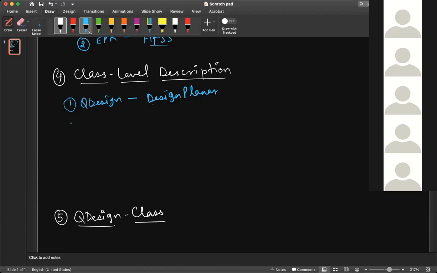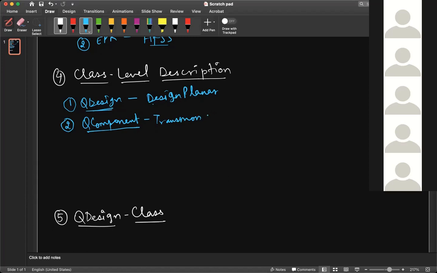The second class is Q component, which is a sort of library where all the commonly used components are there. For example, your transmon qubit.